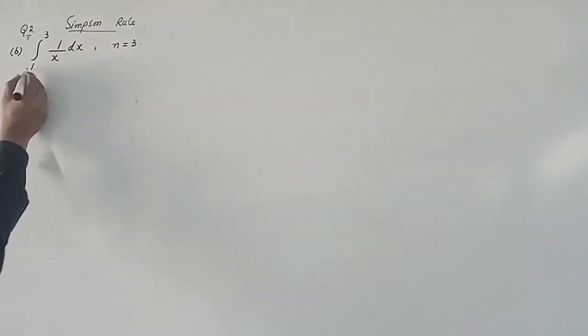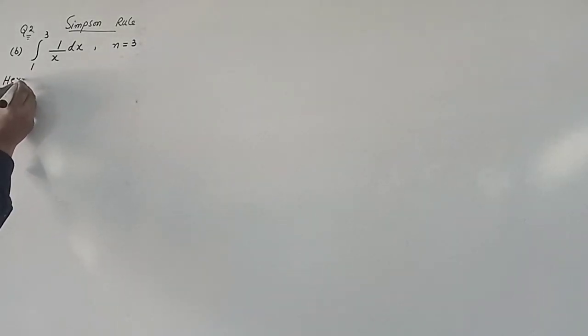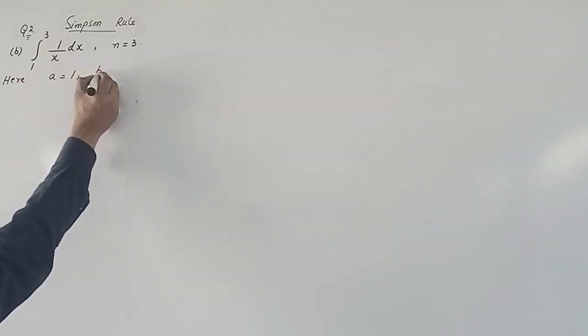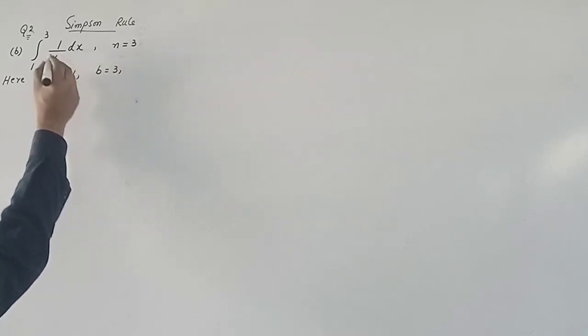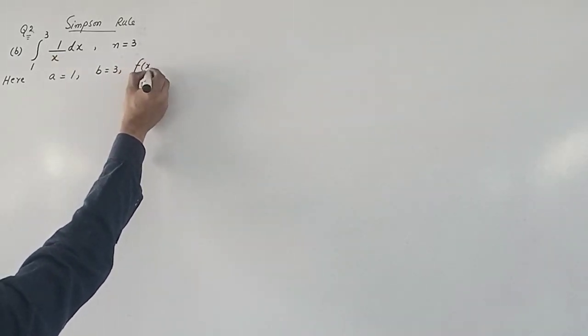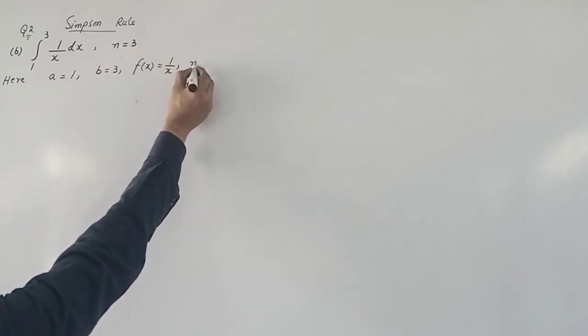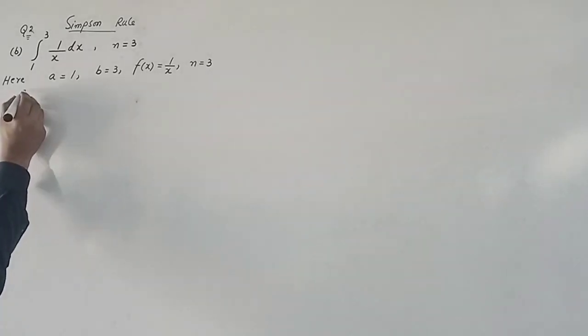Question number 2 part B: integration from 1 to 3 of 1 divided by x dx, n is equal to 3, Simpson's rule. Here a is equal to 1, b is equal to 3, f of x is equal to 1 divided by x, and n is equal to 3. Now Simpson's rule for n is equal to 3 is now